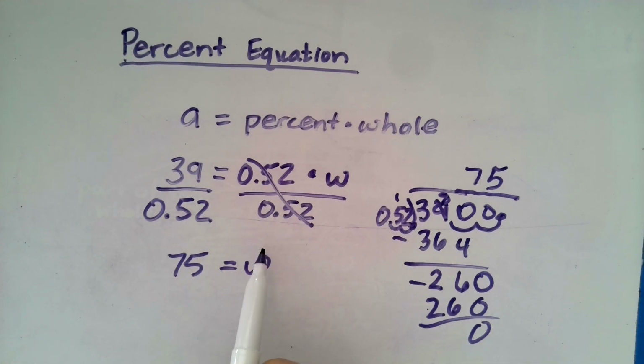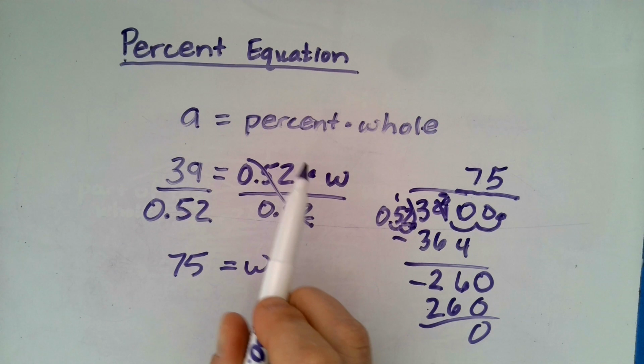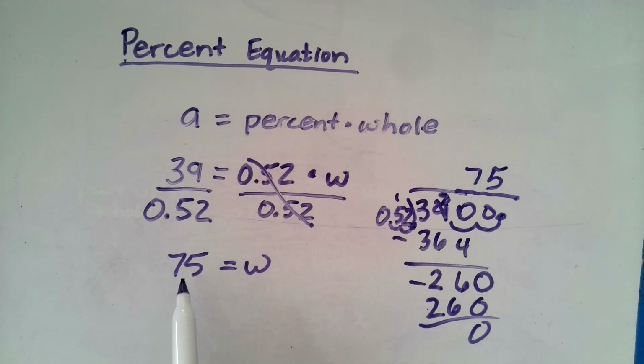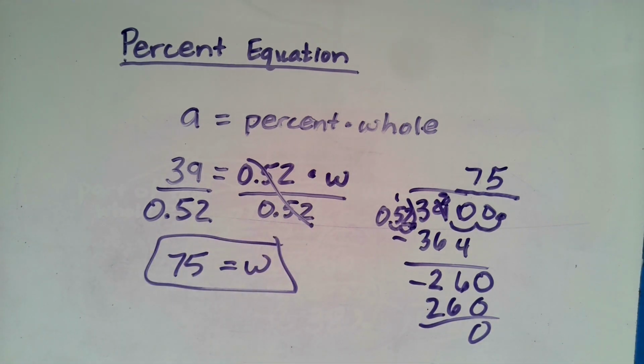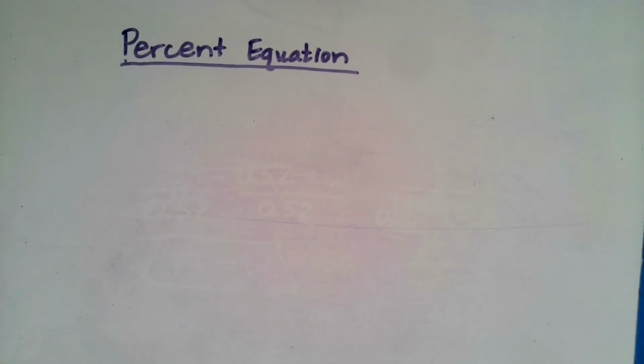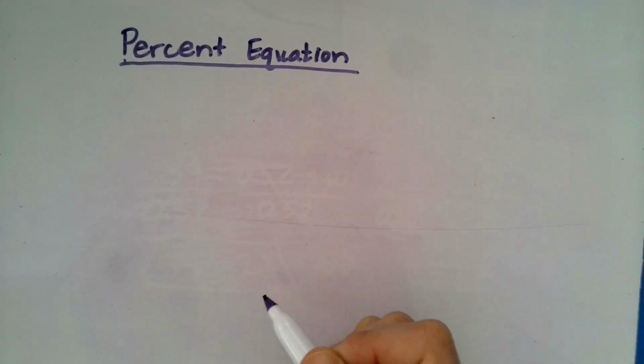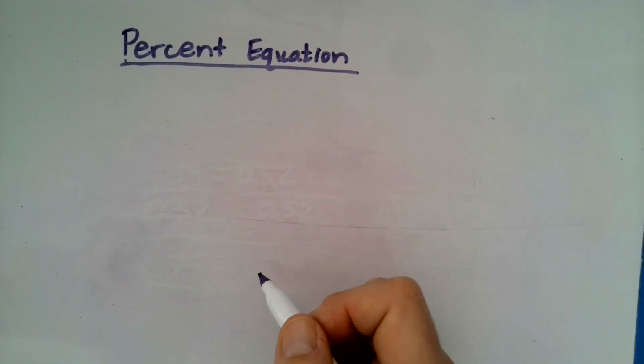And we're always doing a quick check in our brains to see, does this make sense? So would about half of 75 be 39? Yeah, that seems about right. So we did solve it. So our whole is 75. All right, our next example is about finding the percent of sales tax on food. So this happens often. You go out to eat, right? And you have to pay tax, and then you have to pay tip. And so you're always finding percentages. So answer the question,